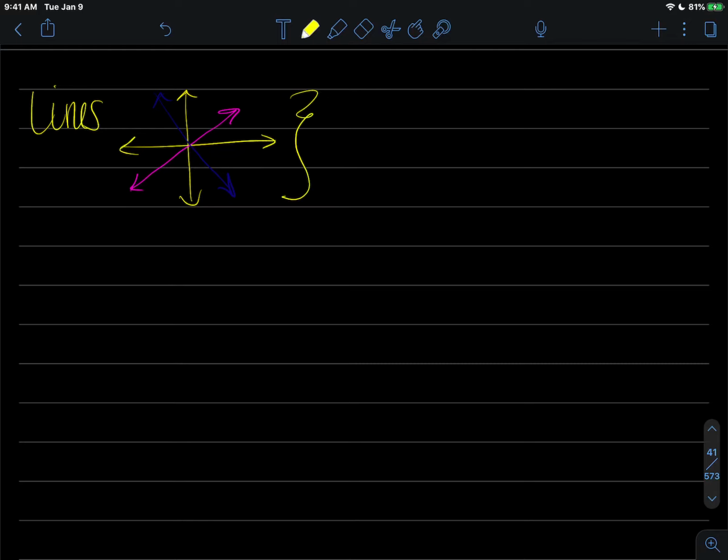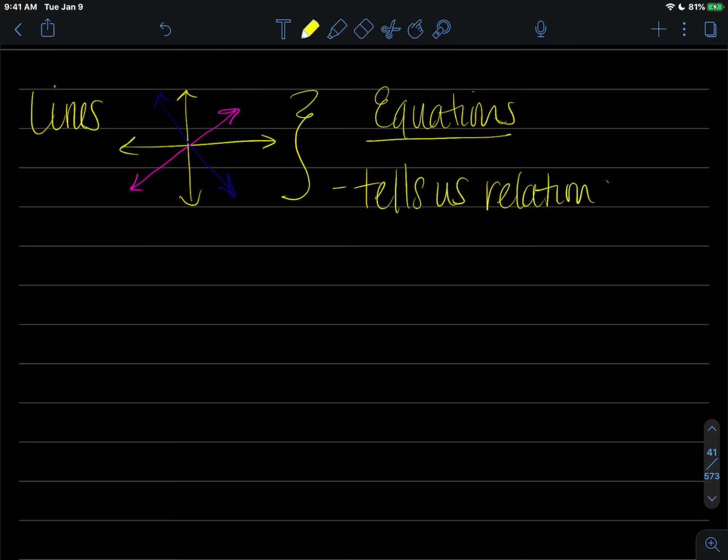These guys have a couple of different equations. Those equations give us a relationship in between x and y. They tell us, well, when x does this, y does that. And when x does this, y does this. It tells us the relationship, okay? All right, so